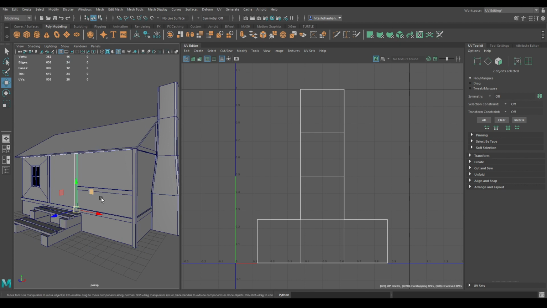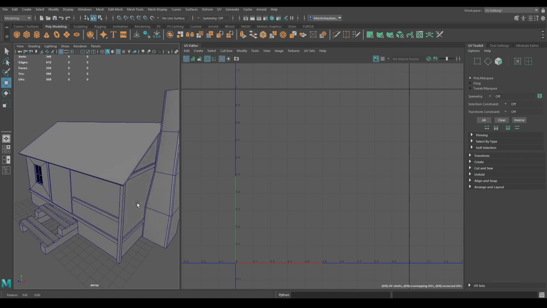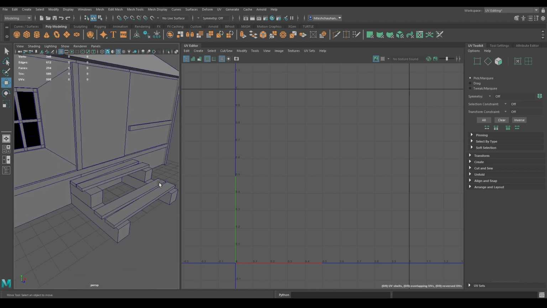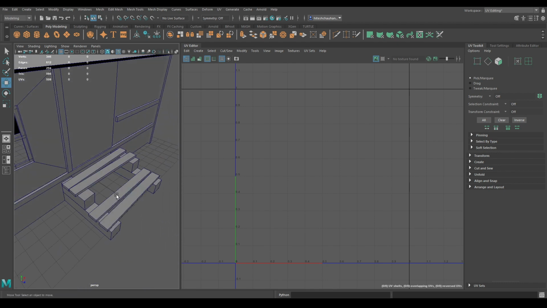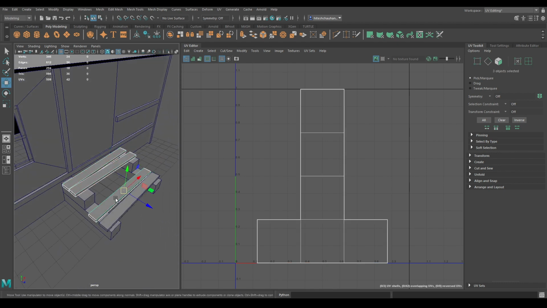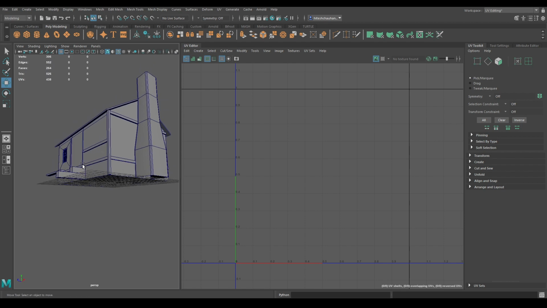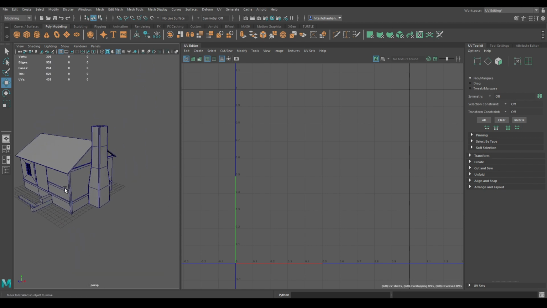Delete these two also. Now for the stairs, select these 3, delete, and these 2. So now we have removed all the duplicated objects.